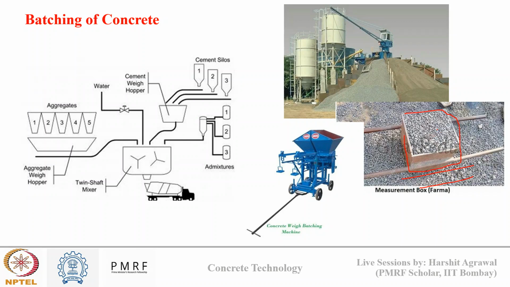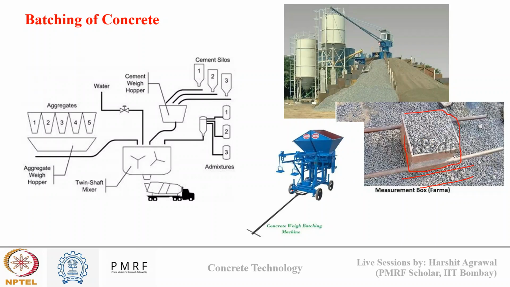Different degrees of compaction may result in different quantities of aggregate in the measurement box, which is undesirable and can lead to errors in mixture proportioning. So the box tool is a concrete method, and this is not an accurate method of weighing.